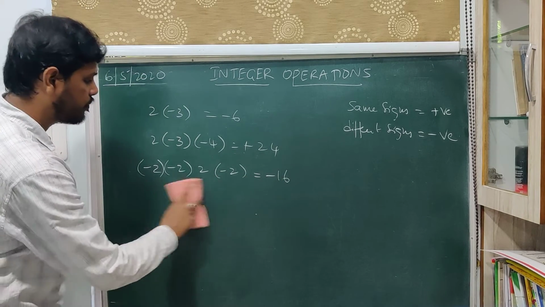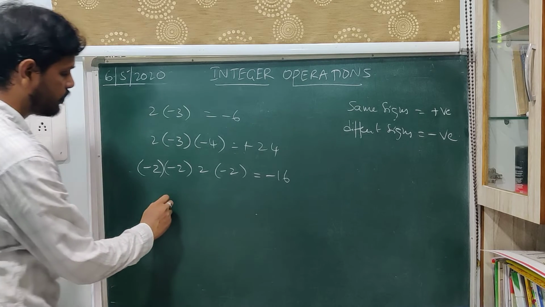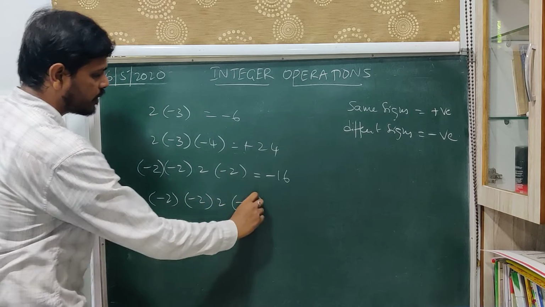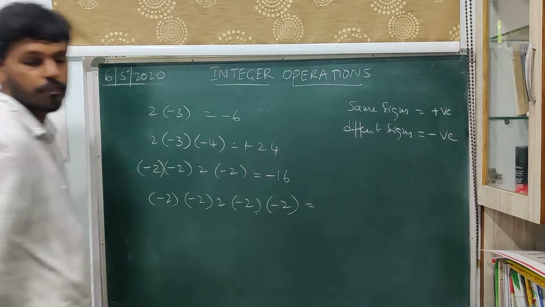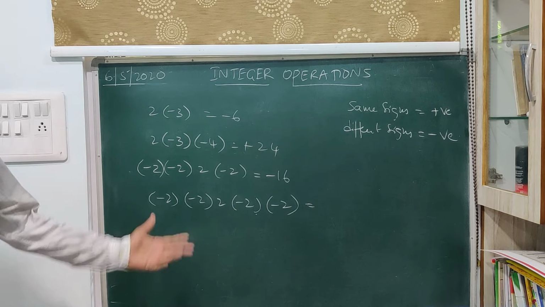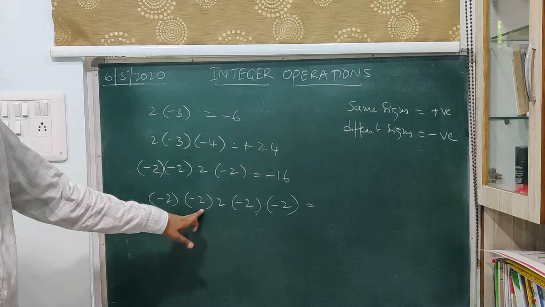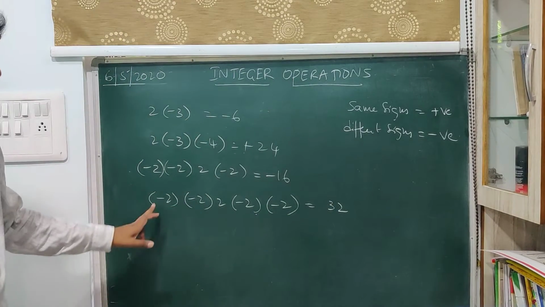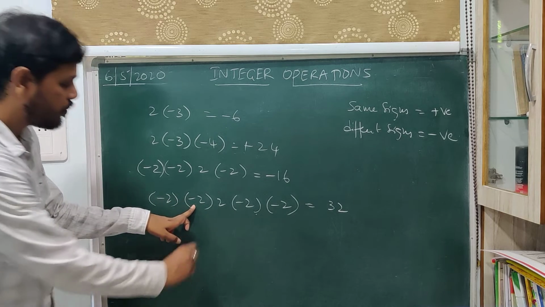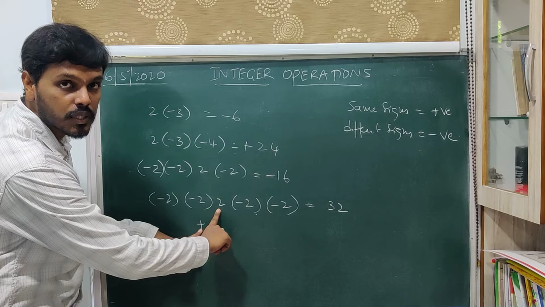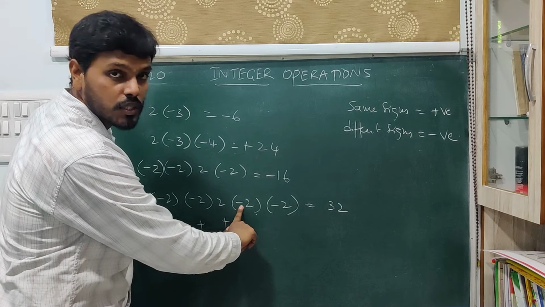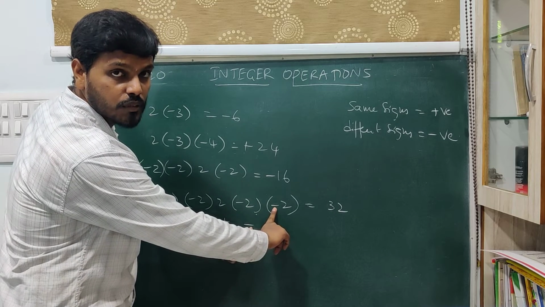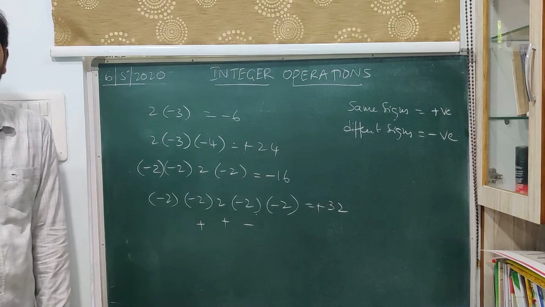So, suppose you are going with 5 numbers. Say, minus 2 into minus 2 into 2 into minus 2 into minus 2. Suppose this is the case. If this is the case, again you repeat the same process. Multiply the numericals first. 2 2s are 4, 4 2s are 8, 8 2s are 16, 16 2s are 32. Now multiply the signs. You are multiplying numbers of same signs, so you will get a positive number here. Positive, positive, numbers of same signs, you will get a positive number here. Positive, negative, numbers of different signs, you will get a negative number. Negative, negative, numbers of same signs, you will get a positive number. So that is the way you go about.